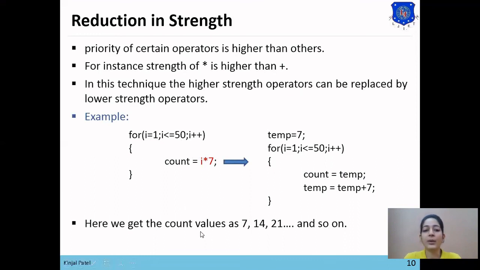So we get the same values for count, 7, 14, 21 and so on, for the star operator and also for the plus operator. So we should use the plus operator instead of the star operator if we get the same result using lower strength operators. This is how we can perform strength reduction and get the same result.